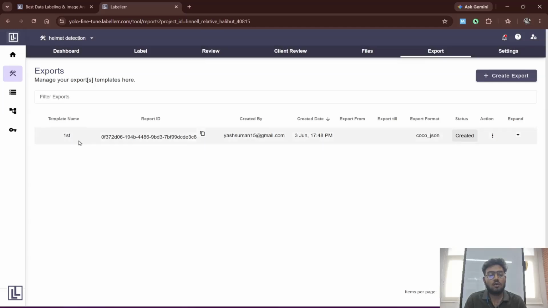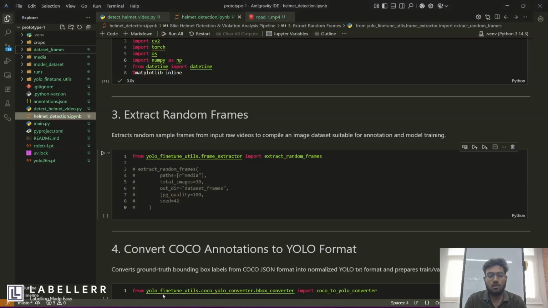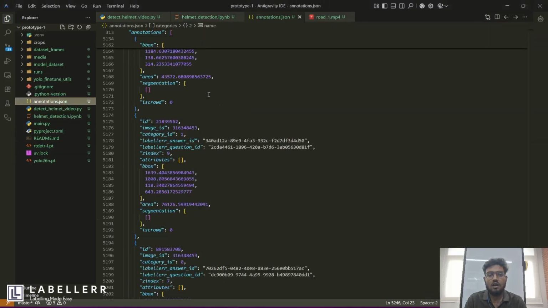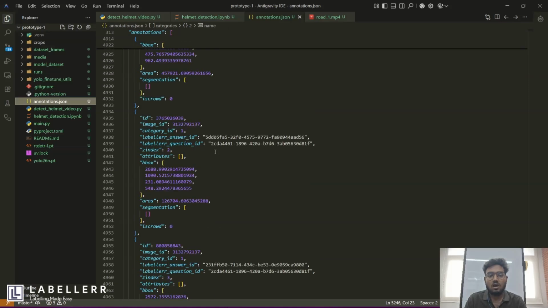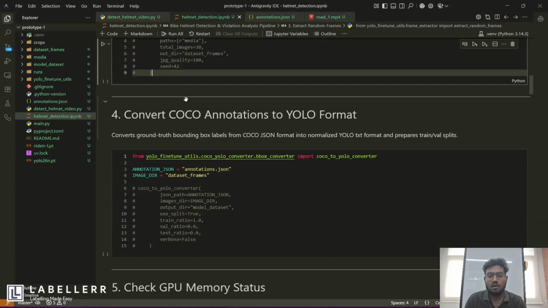After that, your export JSON will be created. You just have to download it. Now, after downloading, you will get your annotation JSON like that. It will have all your annotation on the classes which you want to detect. So I am going to use this annotation to train my model on. So let's get to our next part of converting our